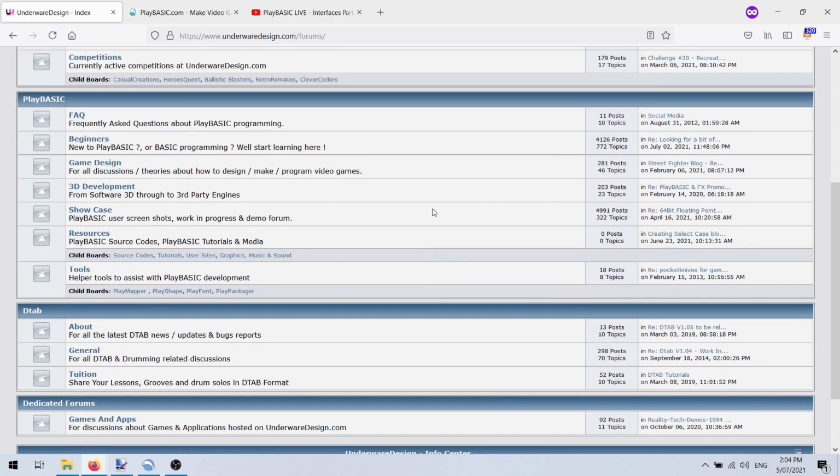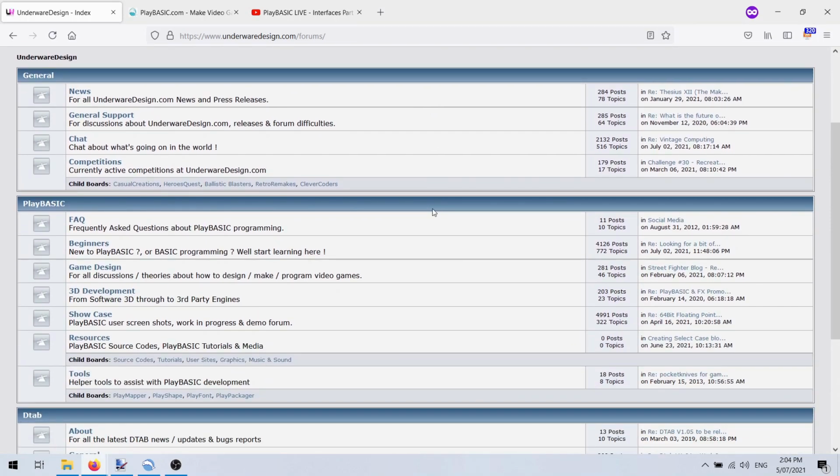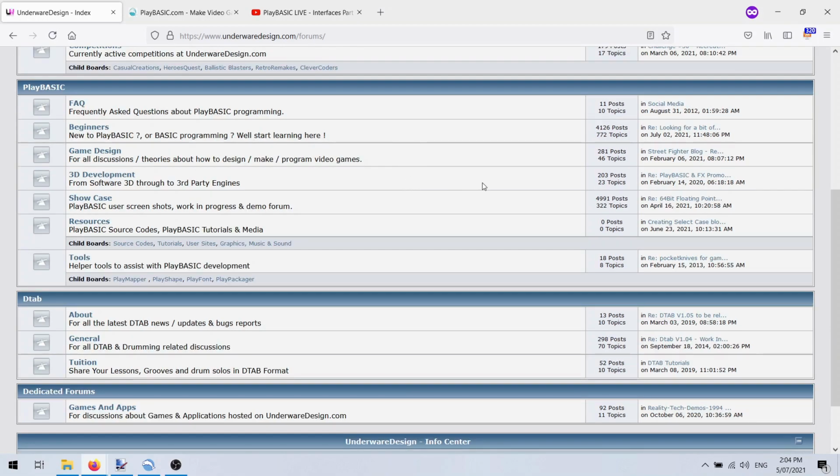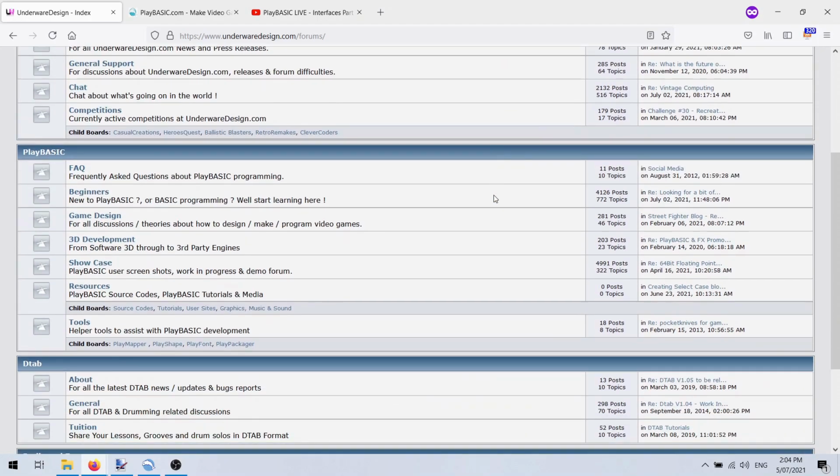I'm not logged in at the moment, so I can't see everything on the forum. If you're not logged into the boards, you can't see who posted things and all that kind of stuff. It's actually a privacy thing for members. Right, so